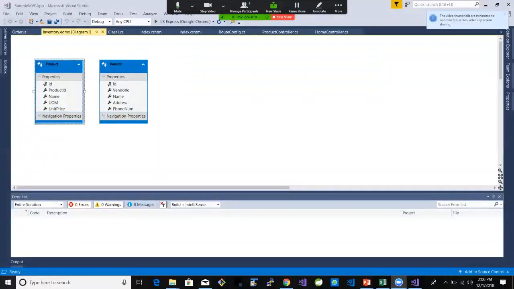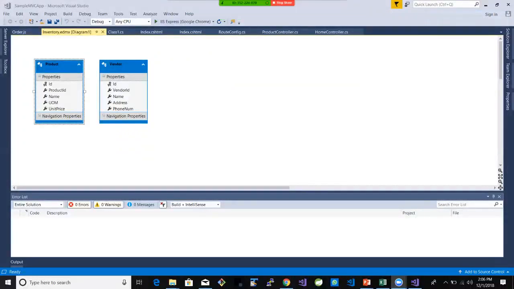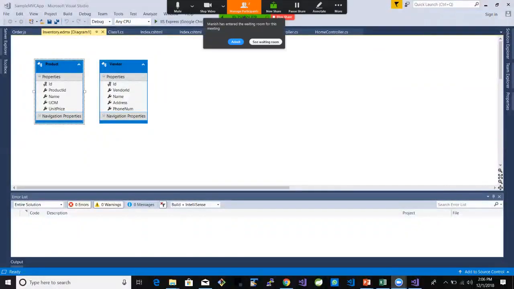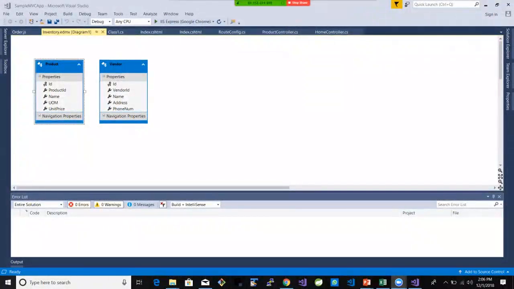Yeah, now you should be able to see my screen. Yeah, I can see now. Okay, sounds good. Now in the ASP.NET web application,